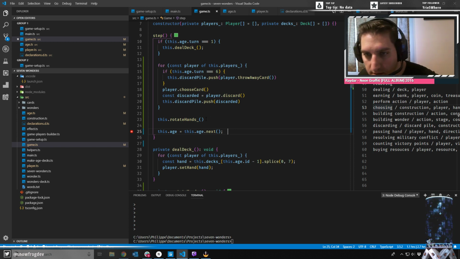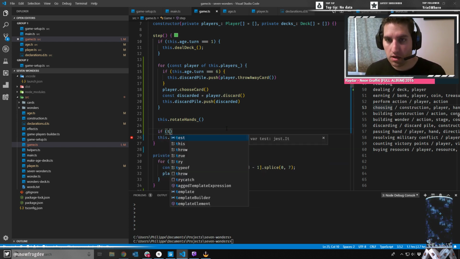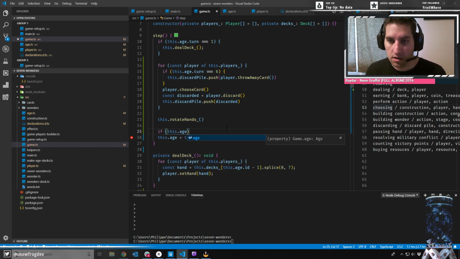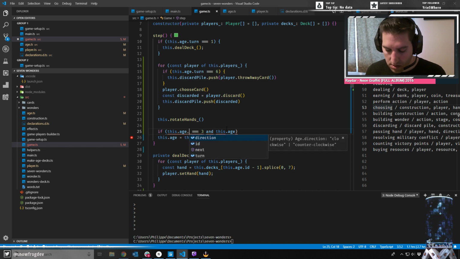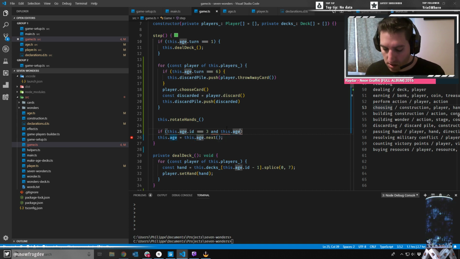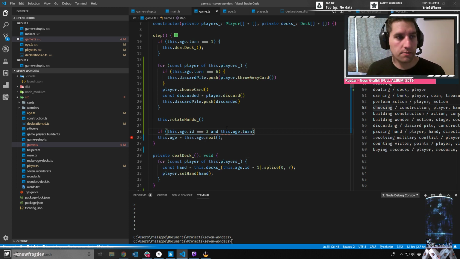Perhaps just a simple if statement here, where if this dot age is equal to 3, and this dot age dot turn